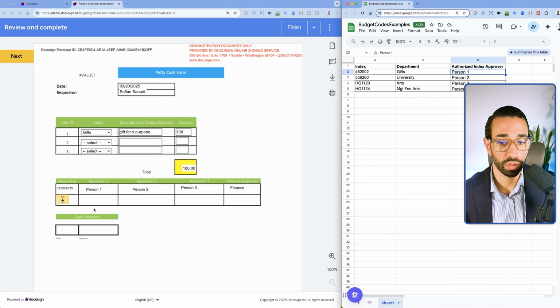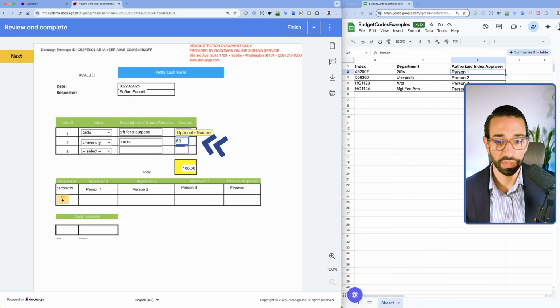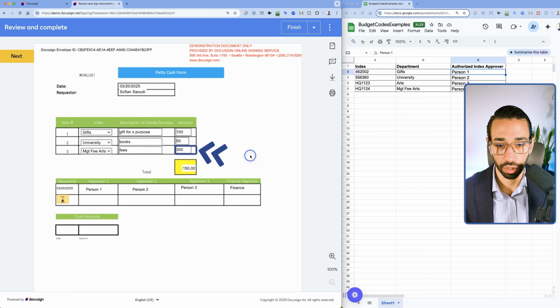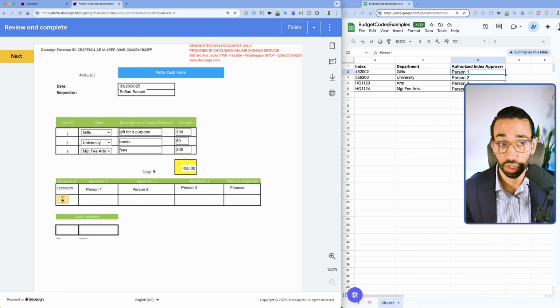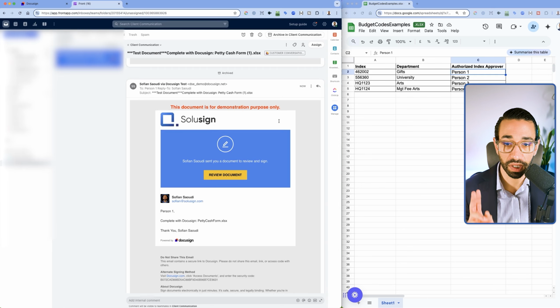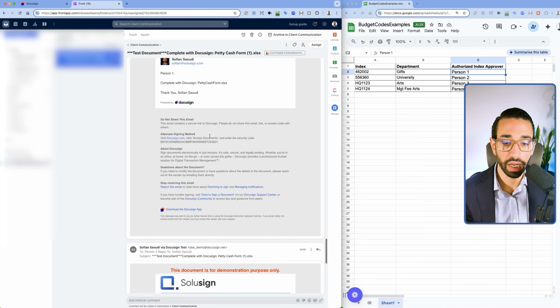Person 1 will have to sign here. And we also had some university gifts, and that was $50. And then there were also some management art fees, let's just say $300. So that's a total of $450. Now the initiator is just going to click on sign, and that's it. And so I've just received 2 emails, one addressed to person 1, as you can see here, and one addressed